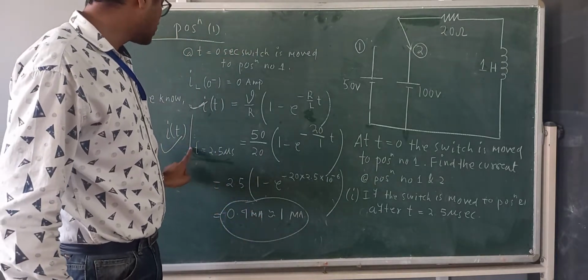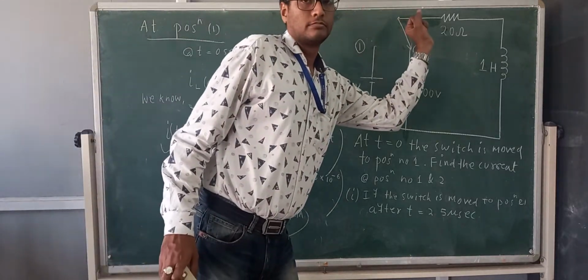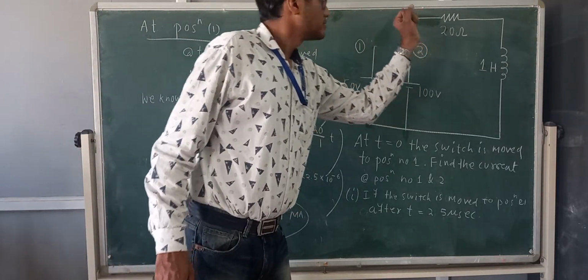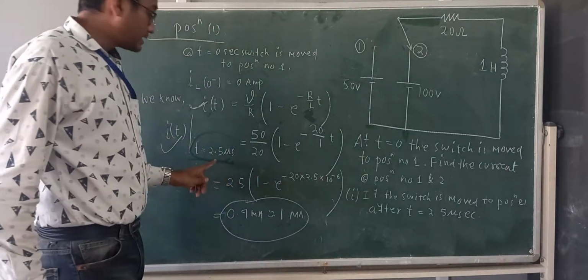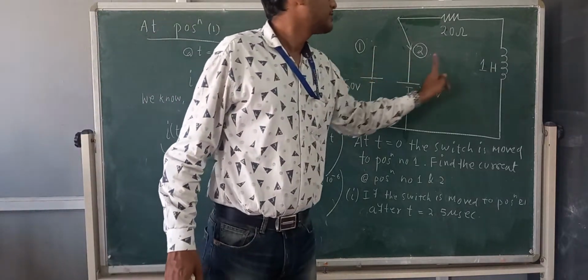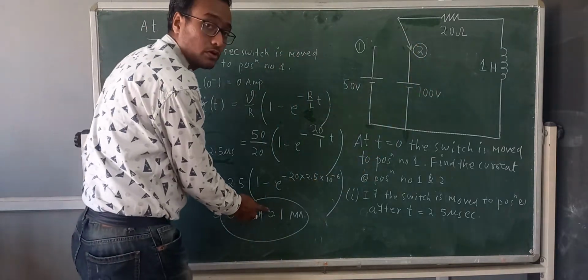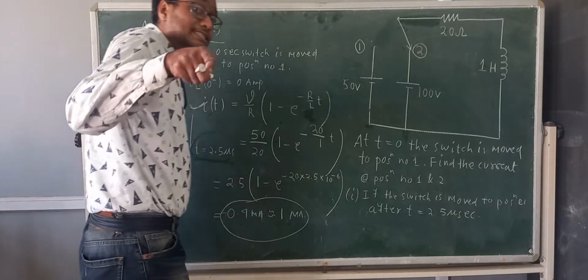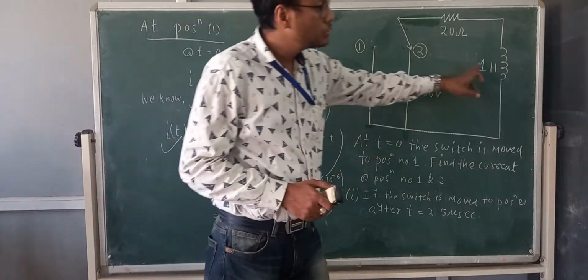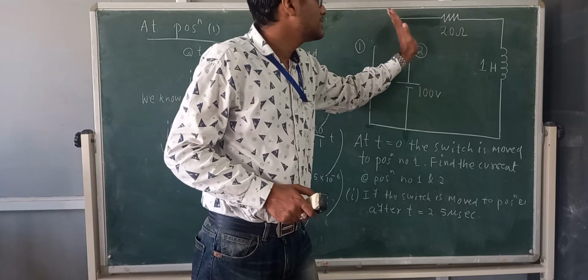At t equals 2.5 microseconds, the switch is moved here. So what was the current at t equals 2.5 microseconds? It will be the initial current here. So 1 milliampere current will be the initial current flowing through the inductor before this switch is connected to